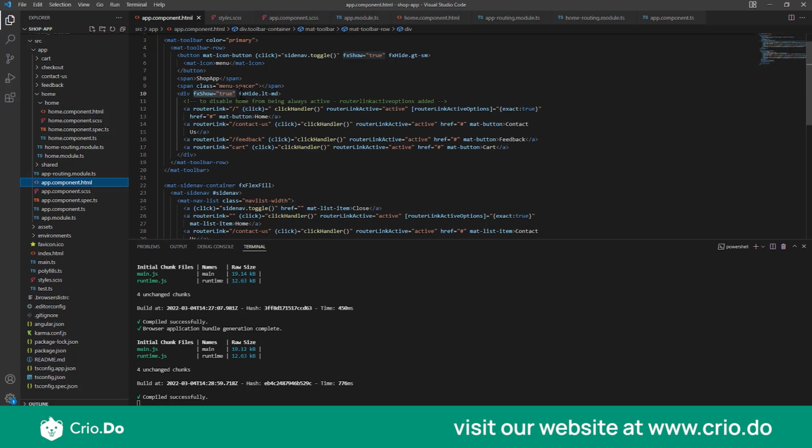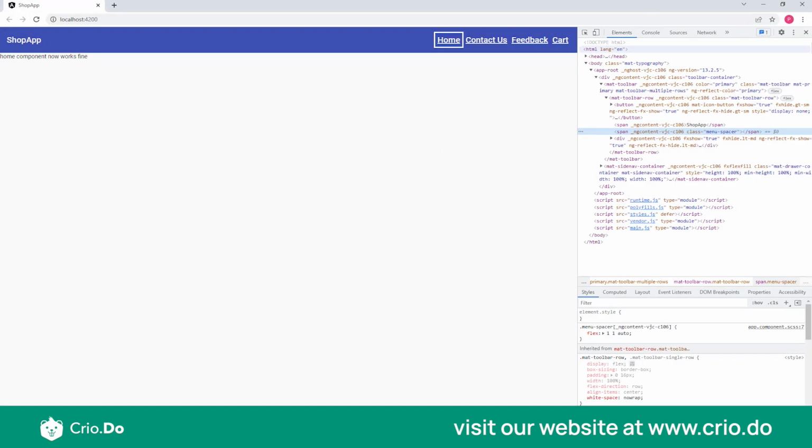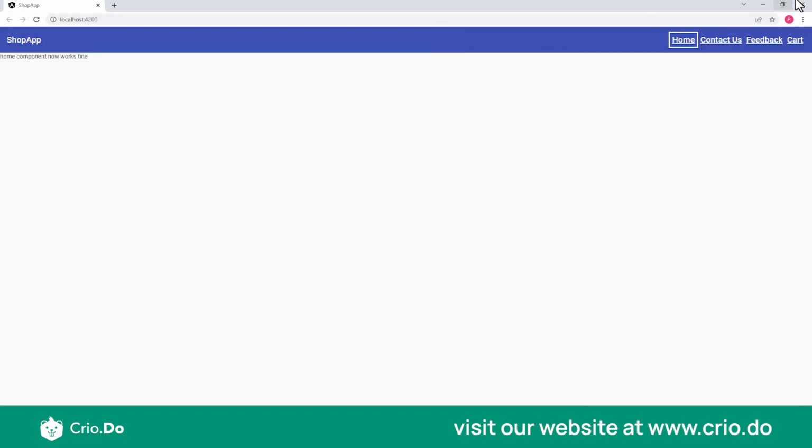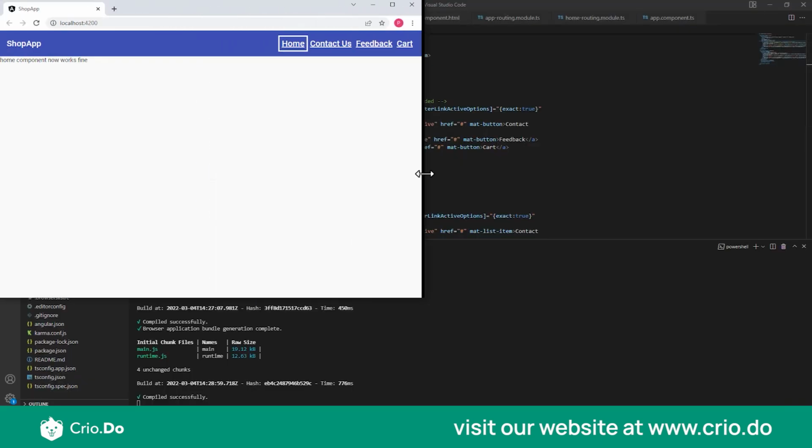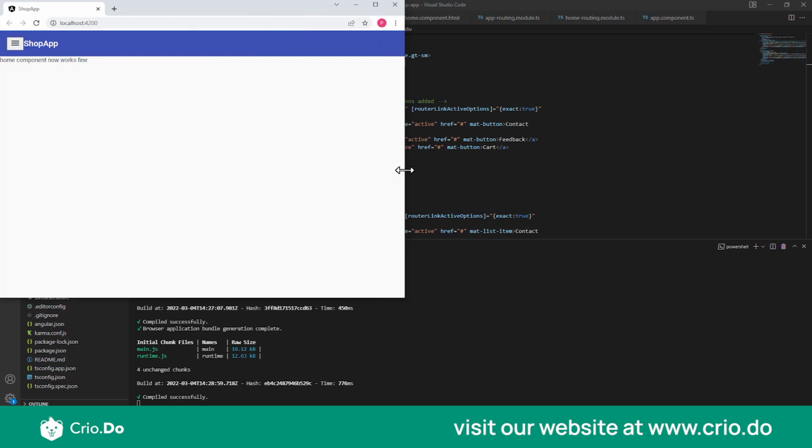And whenever you give this fxHide.lt-md, what it means is hide this particular container if the screen size is less than medium. Okay, so medium density. So what that means is, if this is my large device or my full large screen, if I just reduce my screen over this particular threshold, you see that, after this particular point,